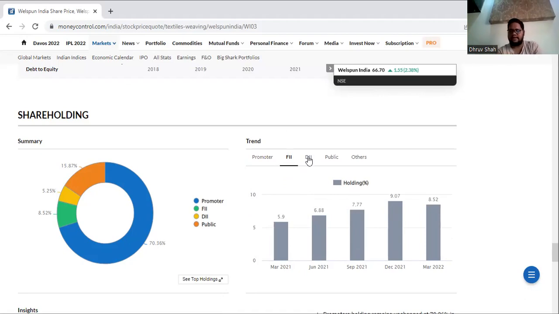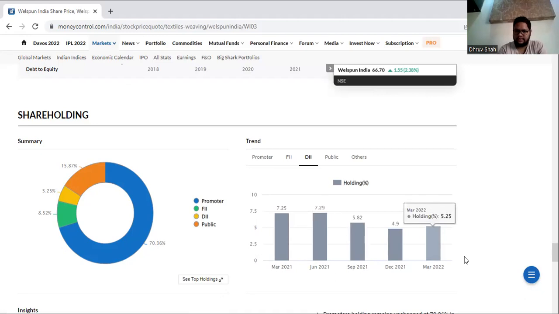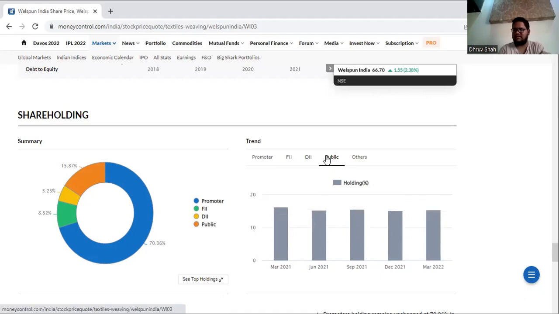Let's move to DII. What are DIIs doing? They are selling, 7.25, 5.25, means they have sold 2%, FII has bought 2%. So net on net equal. What happens with public? Public share is always the same. So no,